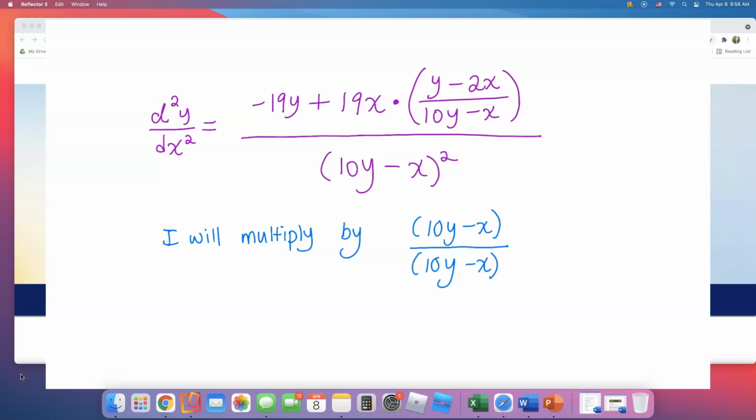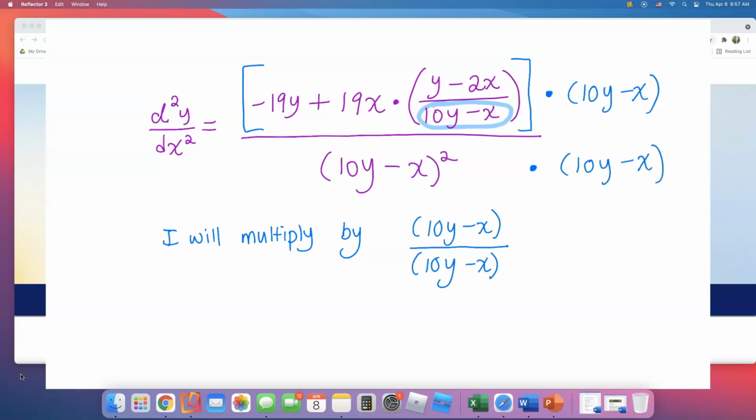I'm doing that so that I can cancel this out. So take a look. If I multiply the top by 10y minus x and the bottom by 10y minus x,